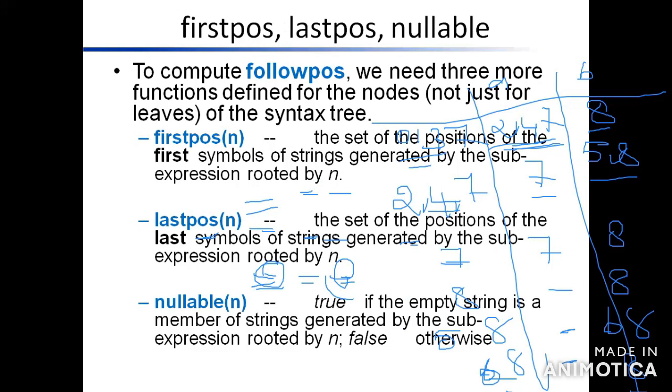In 2-mark questions: differentiate between analysis phase and synthesis phase, differentiate between compiler and interpreter, compiler and assembler, draw the language processing system, write the types of compilers, what is a group of phases, differentiate between pass and phase. What are the error recovery strategies in lexical analyzer? Then role of lexical analyzer is a Part B question. Explain input buffering scheme, it's a Part B question. Then write the notation for specification of token. Then define the 2-mark questions: pattern, lexeme, token.